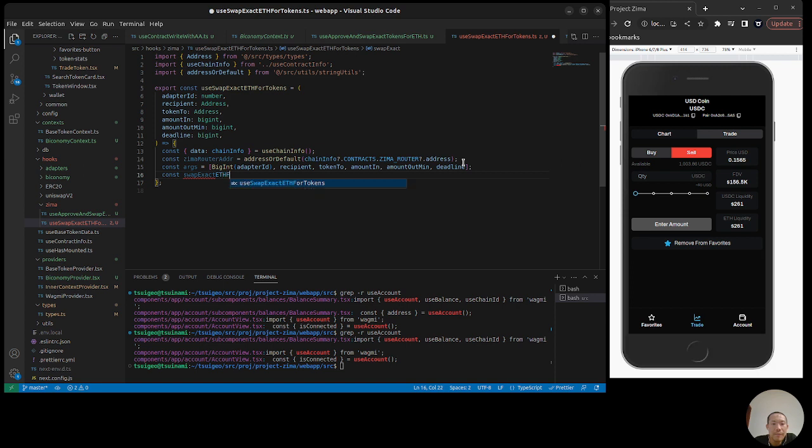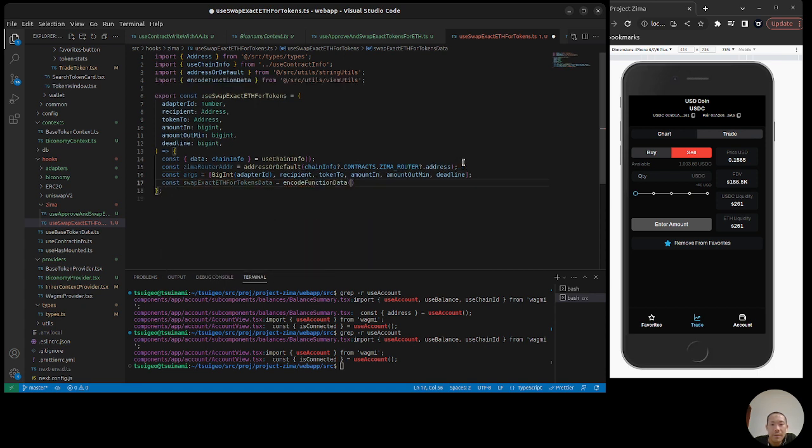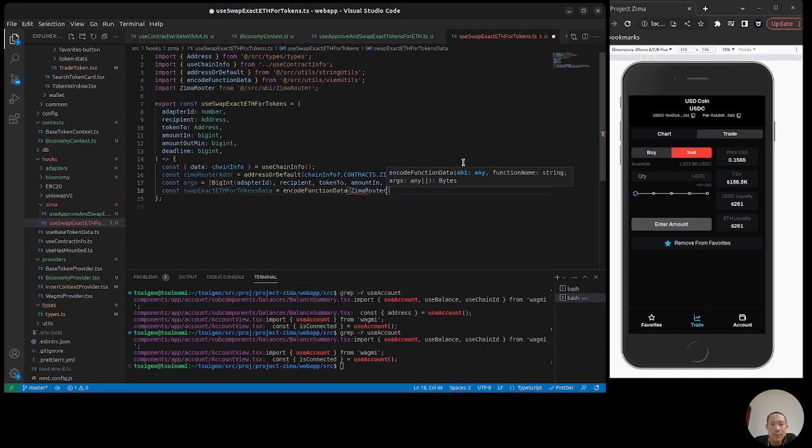Exact ETH for tokens data. Same thing, we'll encodeFunctionData from Viem, taking in the Zima router ABI, swapExactETHForTokens,